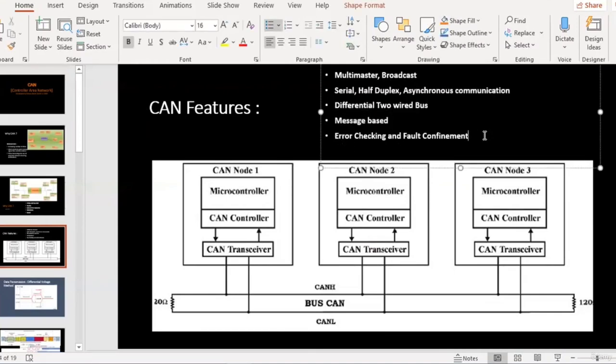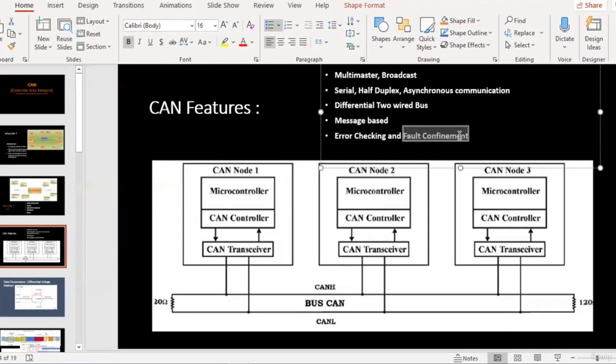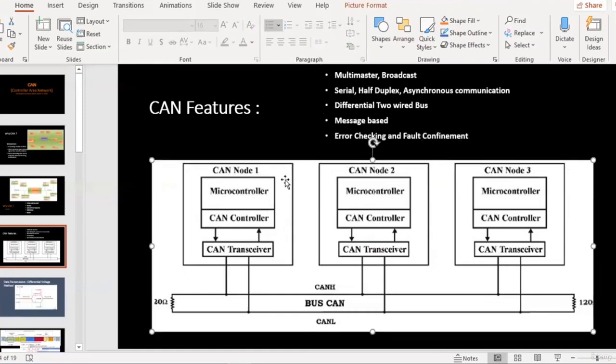Error checking and fault confinement. So error checking mechanisms will be explained later. There are different error checking mechanisms. Fault confinement means, the literal meaning of confinement is that it is restricted to itself. That means suppose something goes wrong in one of these nodes, then the node would restrict those errors to itself.